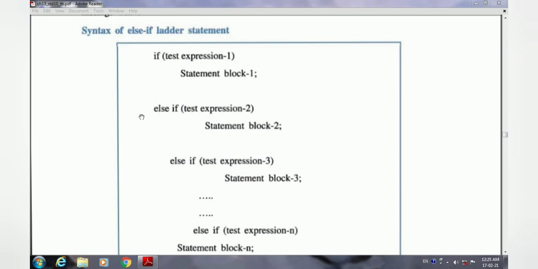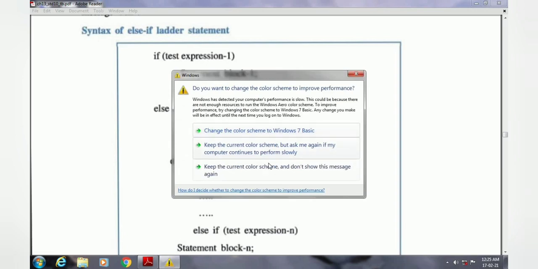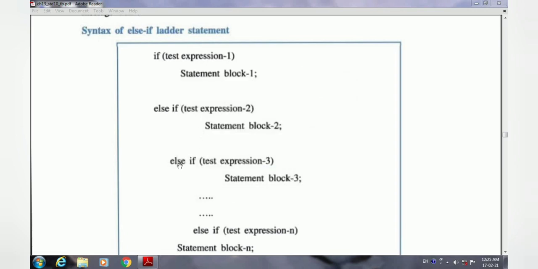As many times as you can use else if, as many conditions as you have. The syntax must be like this: first else, space, and if. Write the second condition and write the statement block according to that condition. Then again else if, test expression 3 and statement block 3.